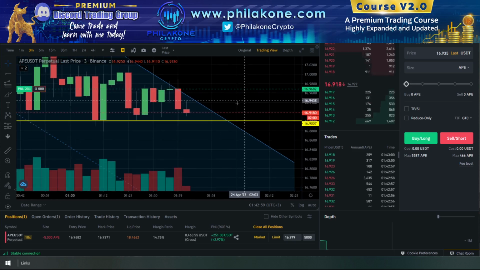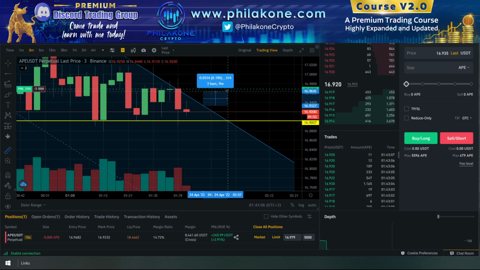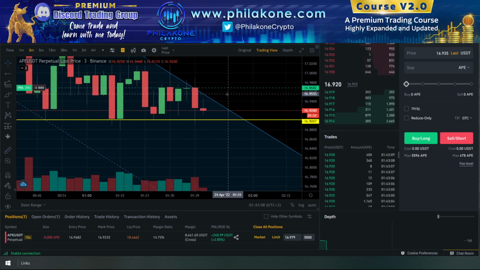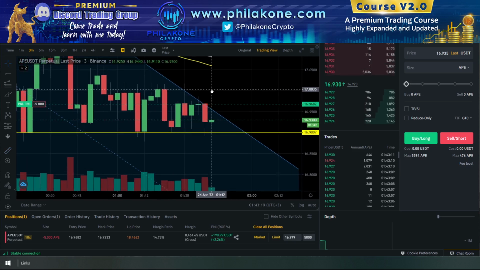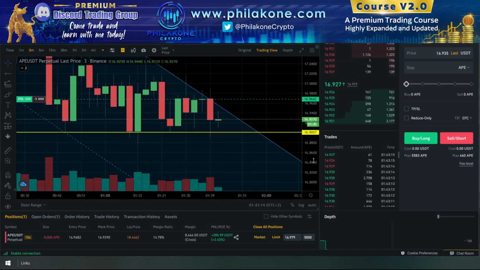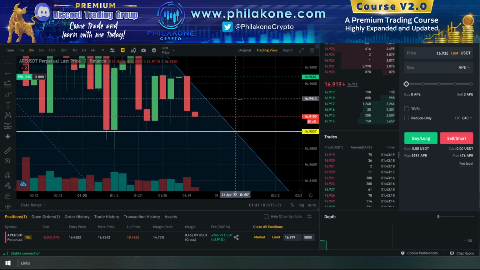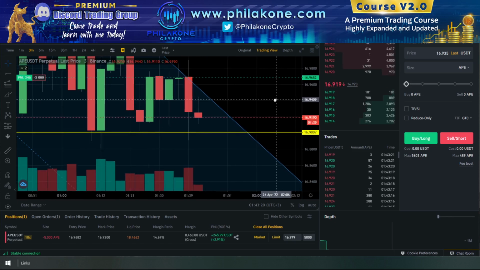But if it breaks upwards, I'm going to go break even for sure, because we're a few candles in, and if it goes upwards 0.23% or something, if the momentum is shifting upwards, it's going to break outside of the channel. That means I take my profit, or I take my break even here, or right above here with a trailing stop. Still make 100 or 200 bucks, but that's not much.